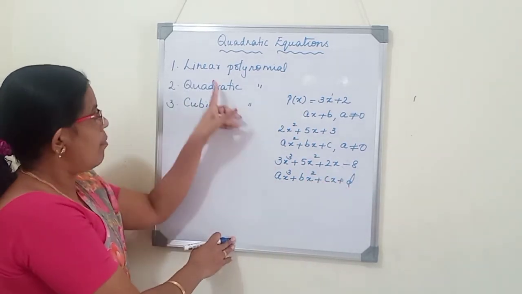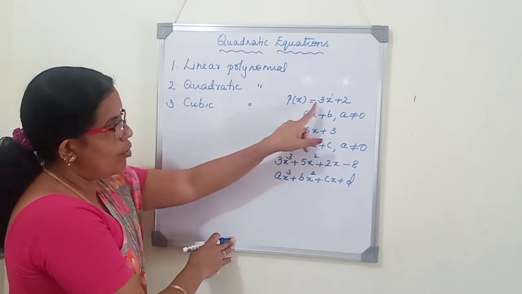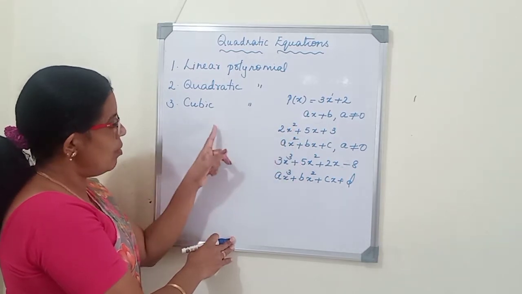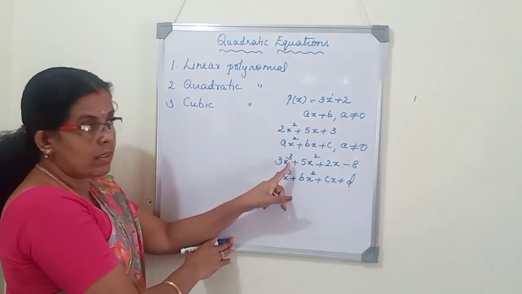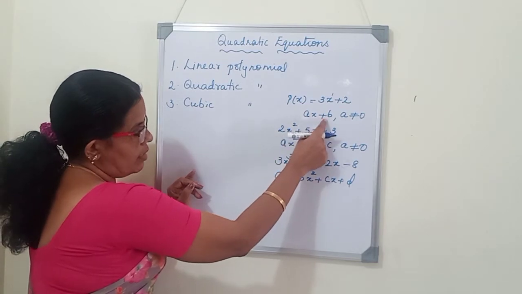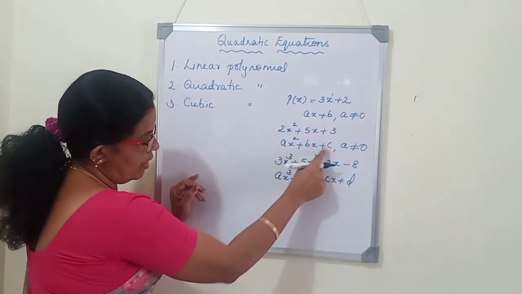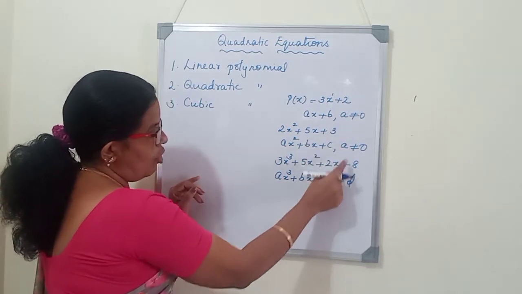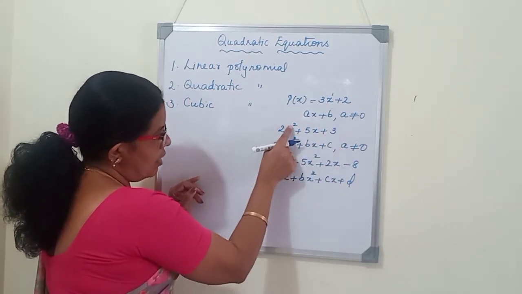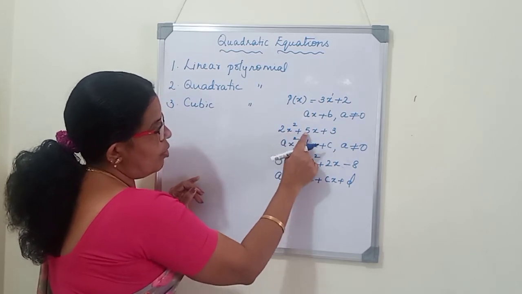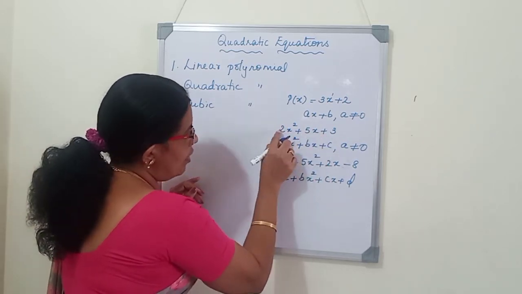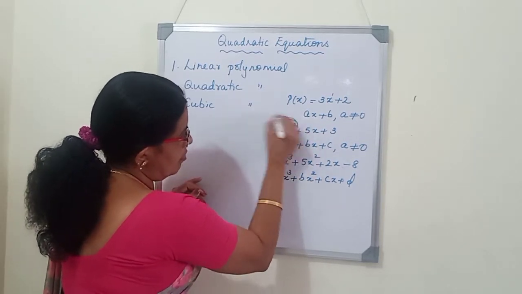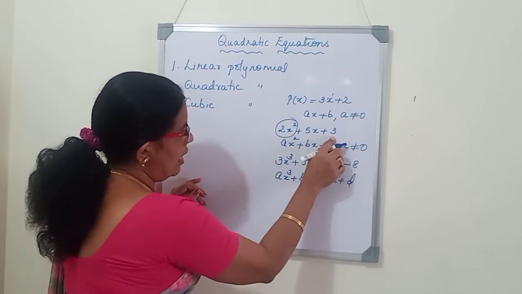So these are the polynomials. Linear polynomial, the degree of the variable is 1. Quadratic polynomial, degree is 2. And cubic polynomial is degree 3. And the general forms are ax plus b, ax square plus bx plus c, ax cube plus bx square plus cx plus d, where a should not be equal to 0. If a becomes 0, the whole term becomes 0 and the polynomial will go to the next lower stage. Here, if instead of 2 it is 0, this whole term becomes 0 and again it becomes a linear polynomial.